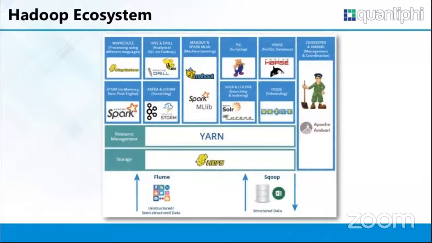Now, what kind of ecosystem do we have? The very first, we talked about MapReduce. At the bottom, you can see there is this HDFS, the storage, it is not going anywhere. On top of that, we have resource management, that is Yarn. We have discussed that in detail, but it's not required here. Apart from that, whatever you see in these pictures are nothing but the ecosystems of Hadoop.